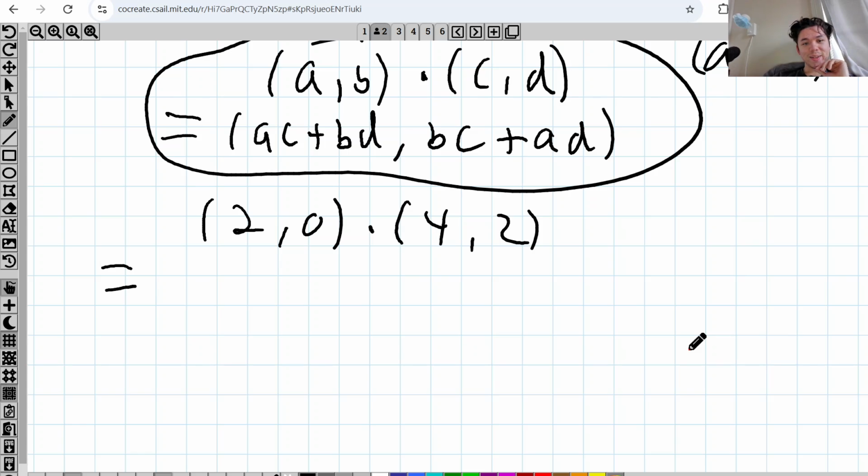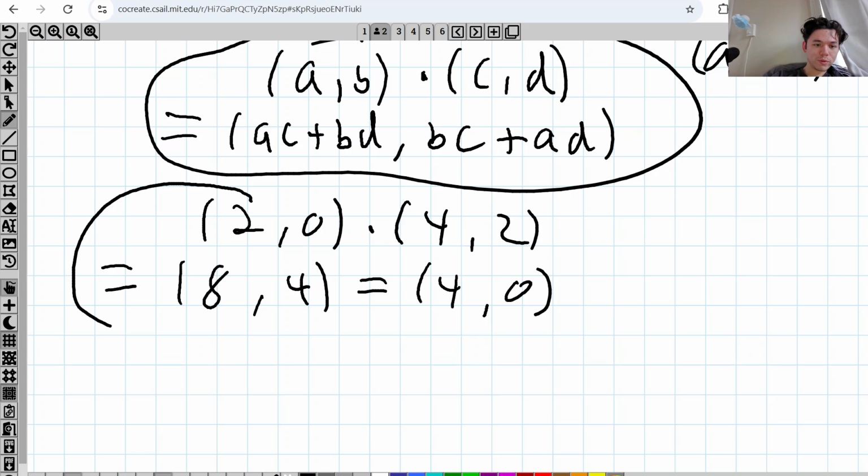A times C plus B times D, that will give us 8, because we get the 2 times the 4, A times C plus B times D. Then B, well, B is equal to 0 times C is 0. And then A times D, which is 2 times 2, which is 4. And then we can simplify this by subtracting 4 on each side to see that this is equal to 4, 0. And so we've shown,